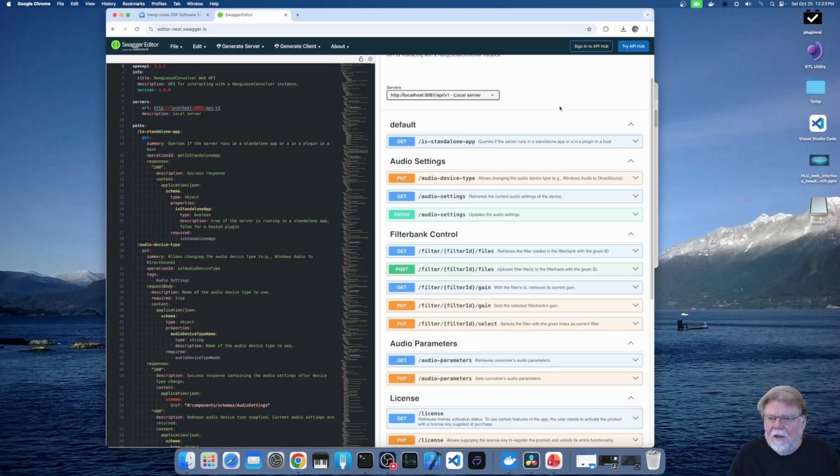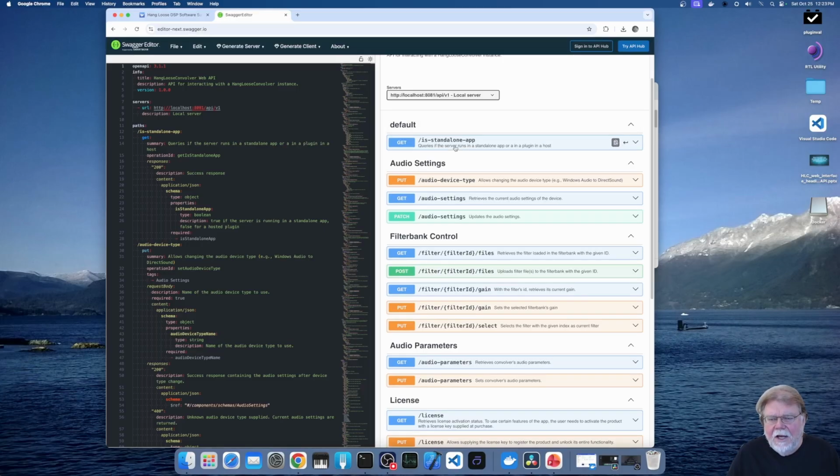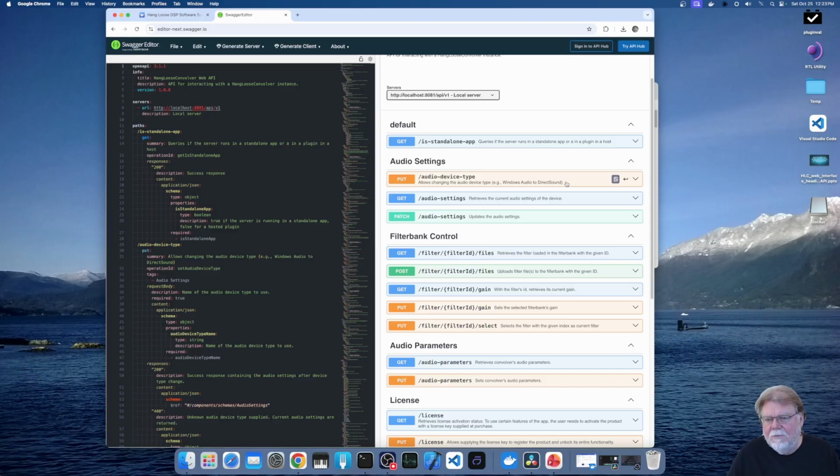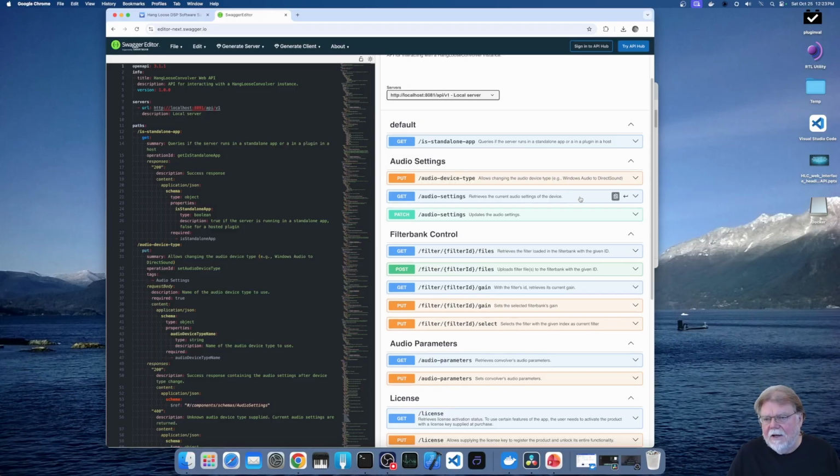So one of the things that you can do is determine whether the application is running in standalone mode or if it's a plugin. In the audio settings, you can select the device type, and you can get the current audio settings of the device, and then you can update the